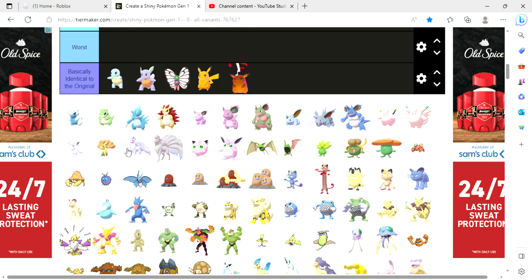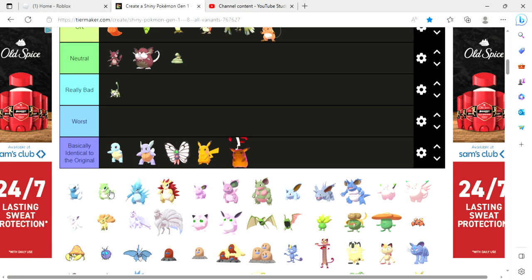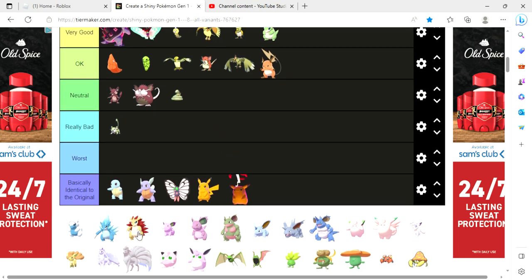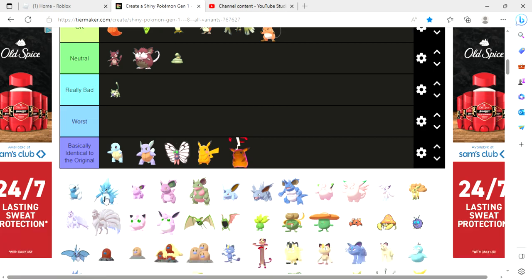And then the regular Kanto shiny Sandshrew is something like a yellowish, ground-ish color. It has this green on it. And it actually isn't the worst, it's not a bad shiny, it's pretty good. So I'll rank shiny Kanto Sandshrew in the very good tier next to shiny Spearow. And then Sandslash looks really cool, so I rank it in the better than the original tier next to shiny Alolan Raichu. But now for the Alolan Sandshrew and Sandslash,